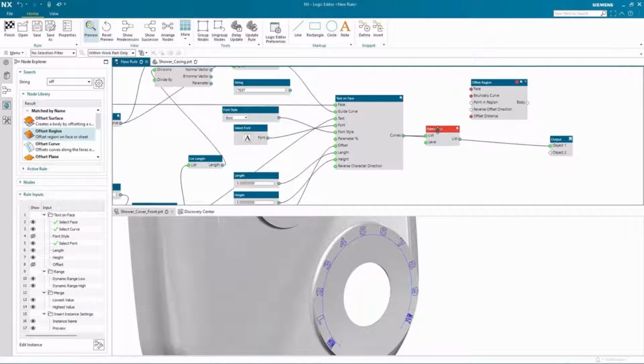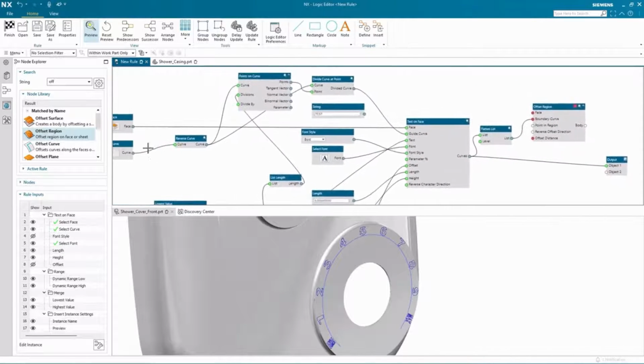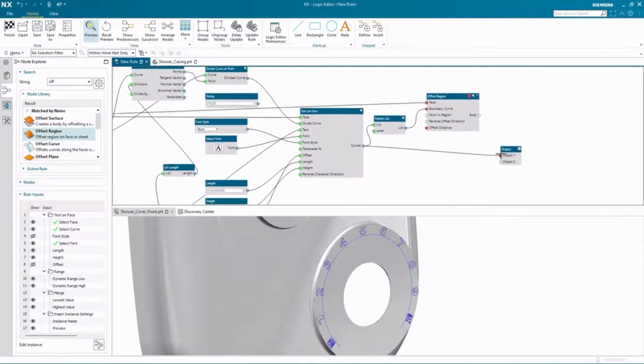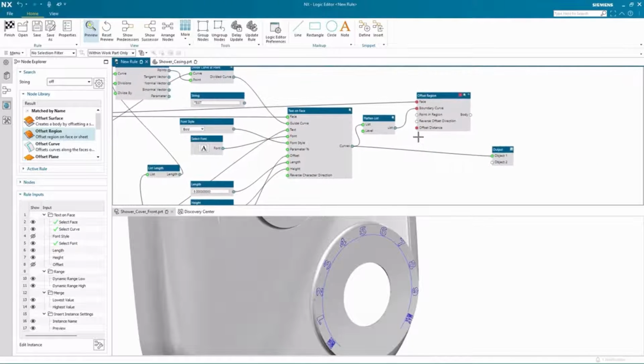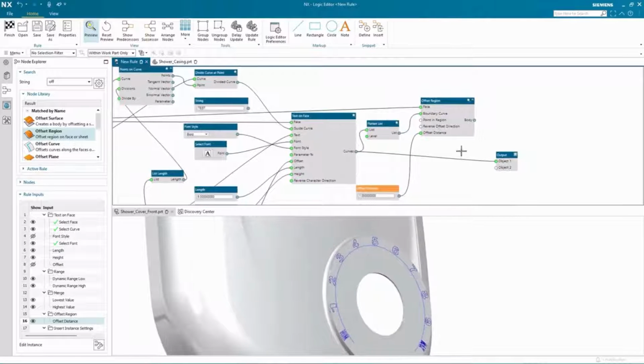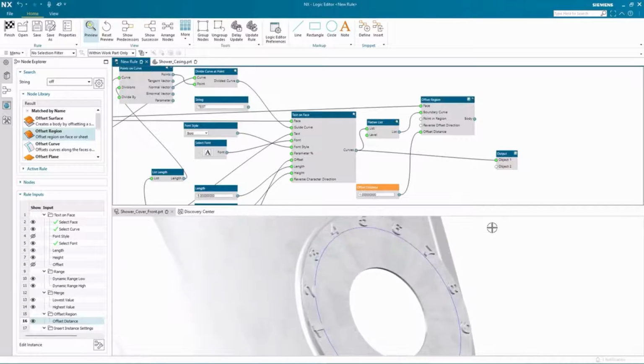the offset region. So I'll go ahead and connect the output node of the flattened list to the input node for the boundary curves for the offset region. I'll connect the face that the text lays on to the input node for the face on the offset region, and then I'm going to create an input for the offset distance itself. After entering an input value, I can preview the offset. You can see it here in the graphics window,